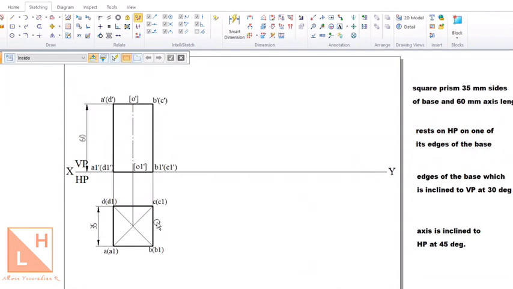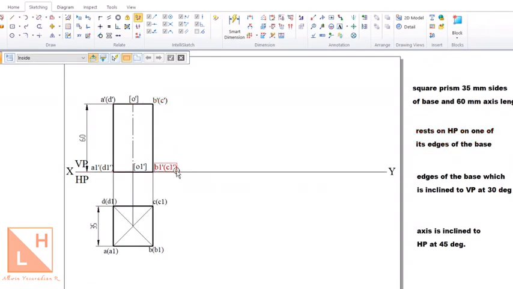So according to the drawing procedure we are following, we have considered the edge that is on the right side to be resting on the horizontal plane. So if that edge is resting on the horizontal plane, it must lie on the XY line while we are drawing it in the projections, right? So which is the edge that is resting on HP then? You need to select the edge that is on the right side, and one more important thing, it is the edges of the base. So the base edge what you find here is B1 dash C1 dash, while BC is the edge which is found in the top face.